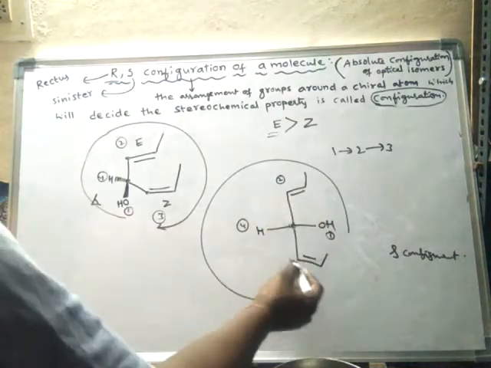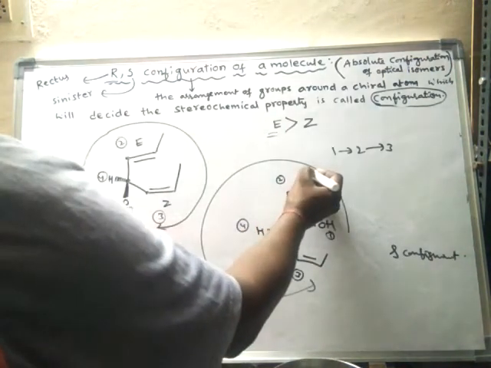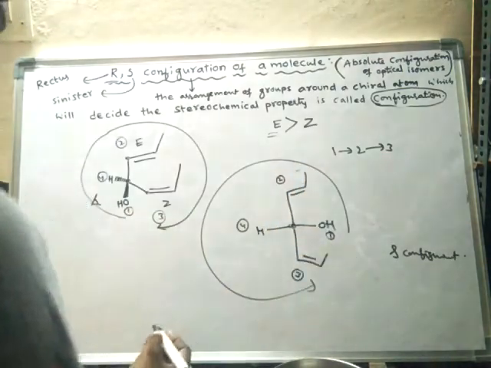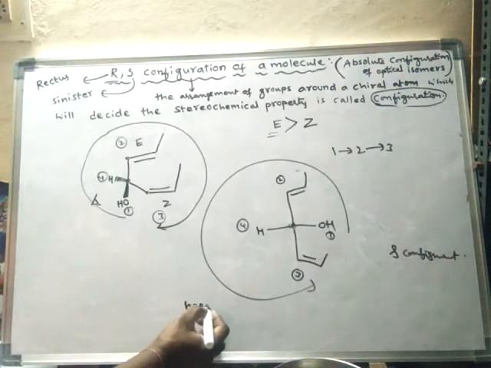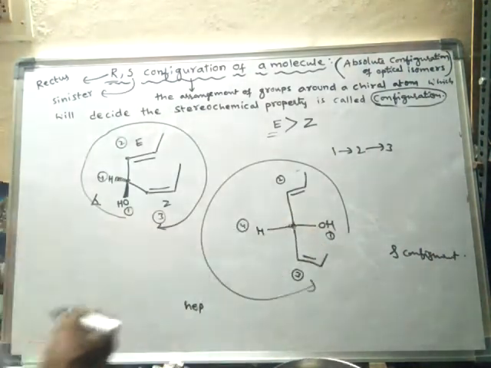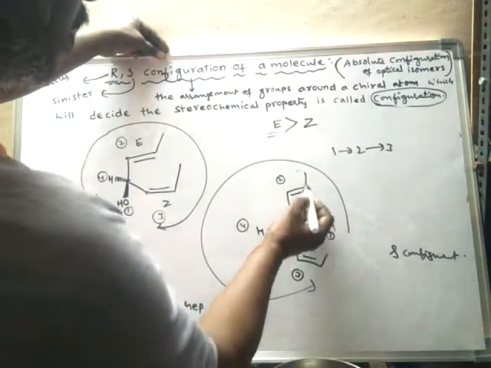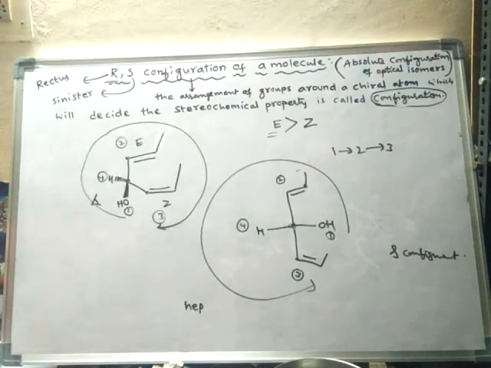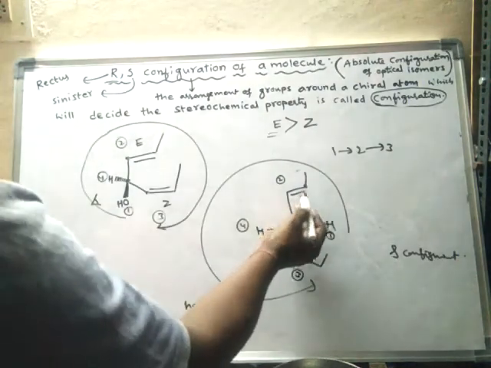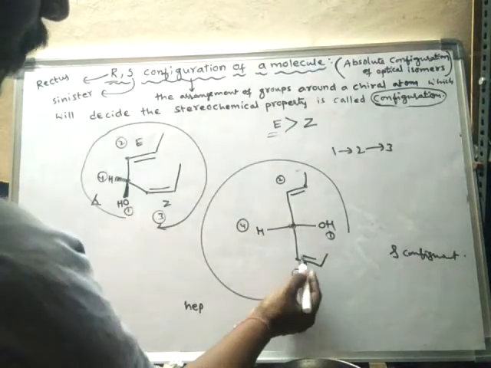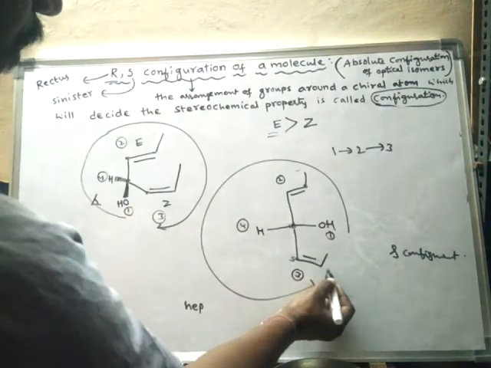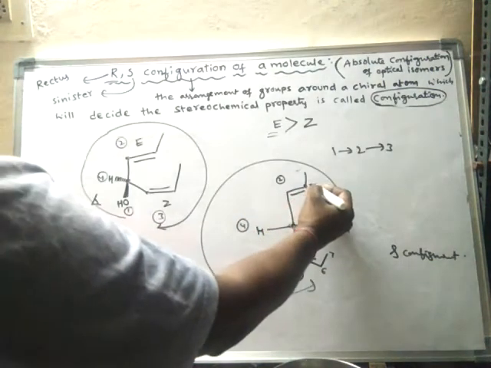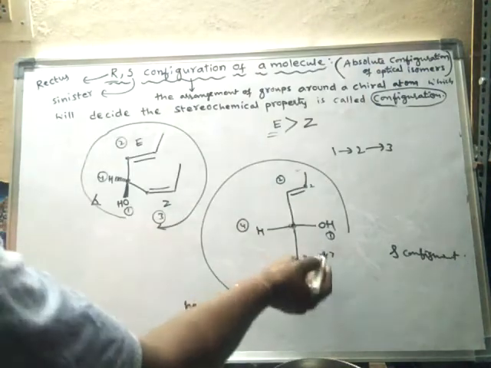So we have to count the number of carbon atoms. Here this will be the first carbon: first, second, third, fourth, fifth, sixth, seventh. Hept-. It is heptene because there are 2 double bonds. Where 2 double bonds are present, this is the second carbon and this is the third carbon. Sorry, fifth carbon: 1, 2, 3, 4, fifth carbon. Then sixth carbon and seventh carbon. That means on the second carbon and on the fifth carbon there are 2 enes.